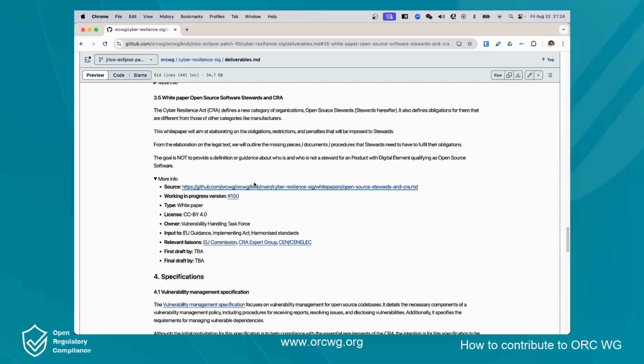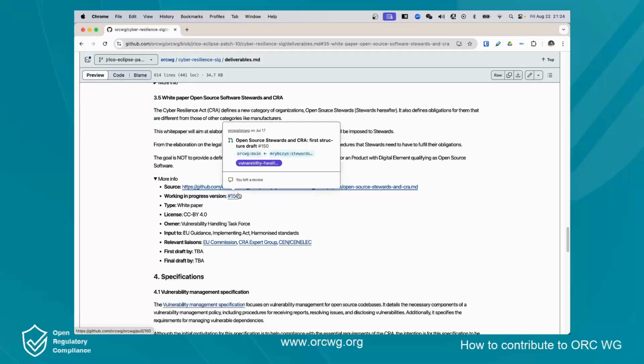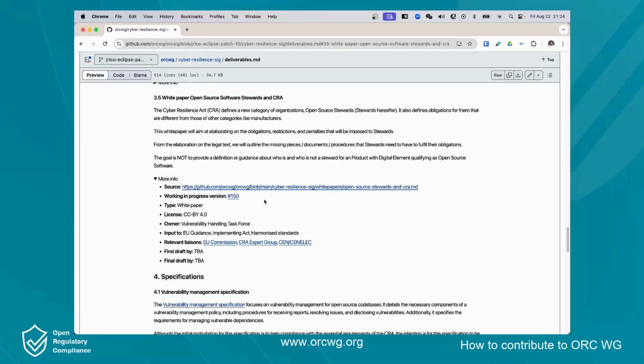The first one is the source, which is the place in which the deliverable will be stored when it's finished, and also a link to the abstract of it with a full description of the intention of the deliverable. Also a link to the work in progress version, basically to facilitate access to it for those people who want to contribute to it. In addition to that, all our deliverables cover the type, licenses, the owners, and the input to, which is basically the stakeholders that are targeted with it,